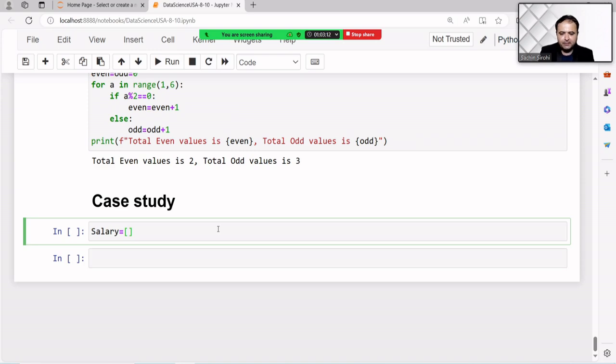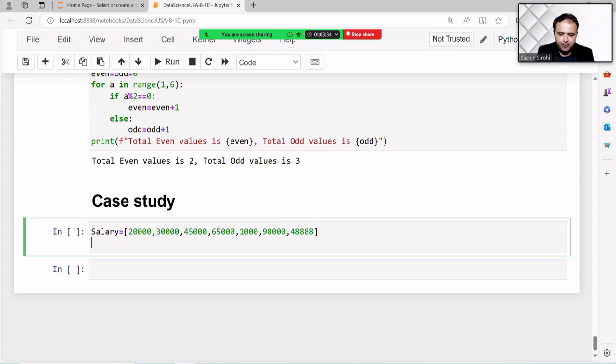So we have the salary. You have to find out the average salary of those salaries greater than 50. So that means, okay, 40. So I'm just writing the questions.